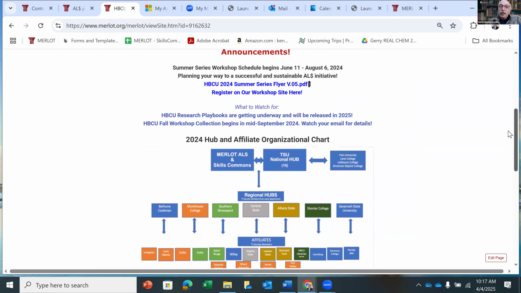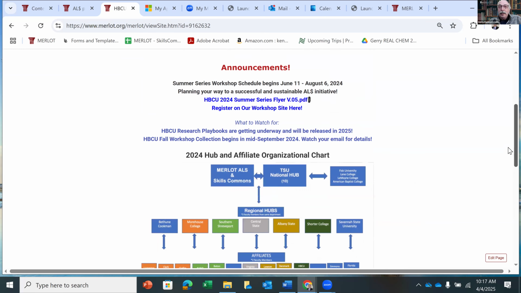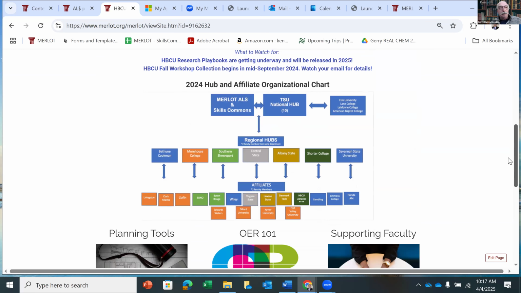So the organizational structure behind this is really having different institutions who have taken a lead and now sharing those practices for a growing number of HBCUs.